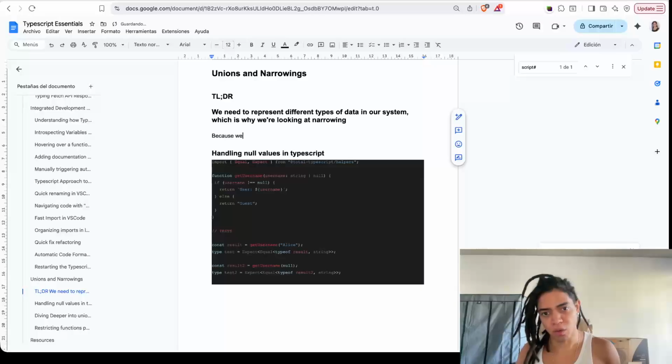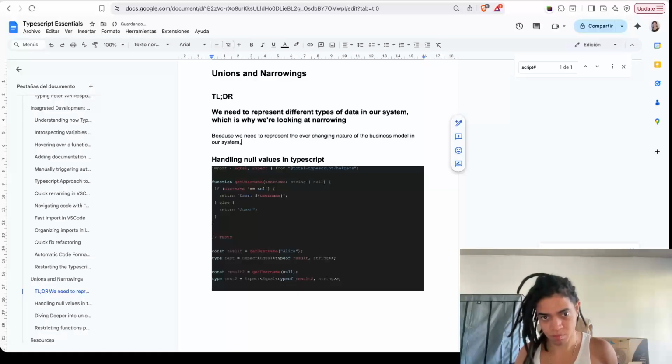Because we need to represent the ever-changing nature of the business model in our system, we need to do so. That's why